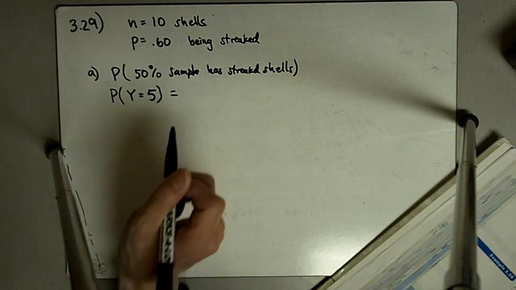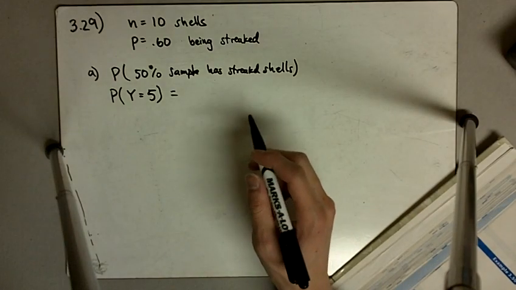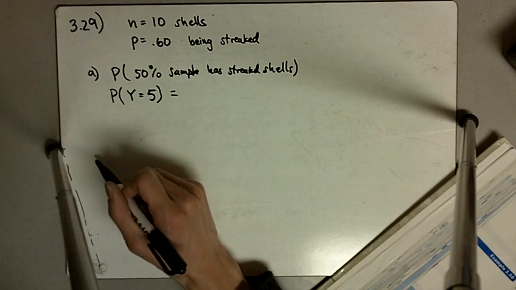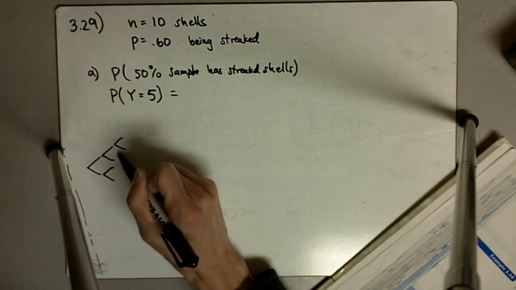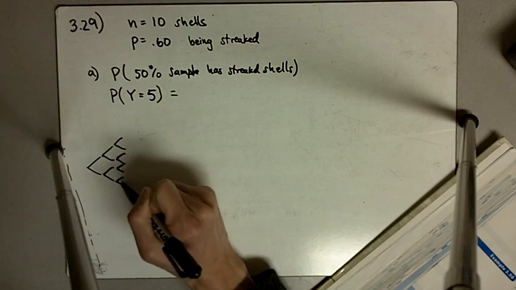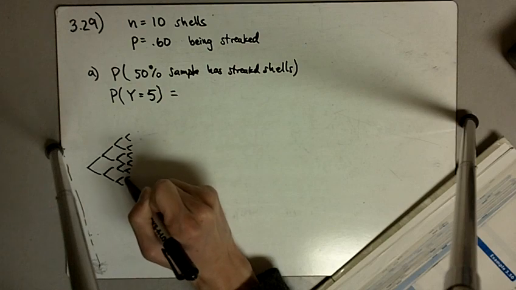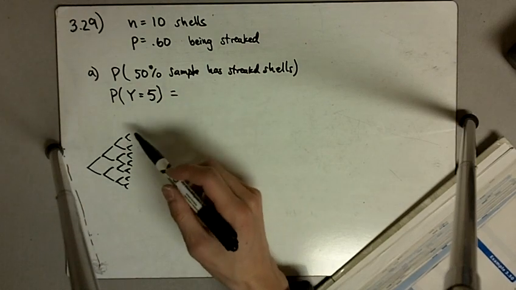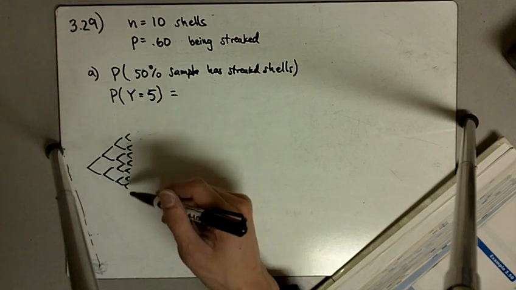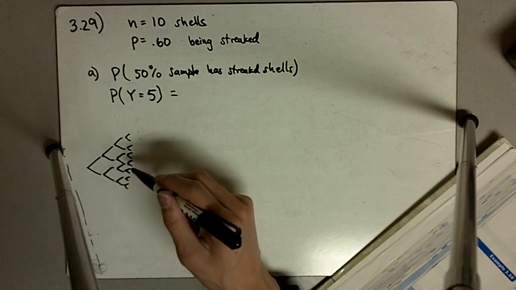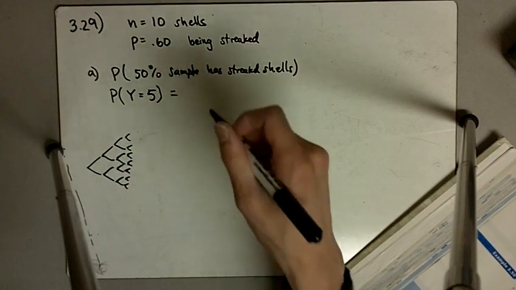The binomial distribution, in this case, can be used. It is possible for us to create a tree that's 10 layers deep, and then count how many samples there are where 5 shells are streaked. But of course this is going to be extremely tedious and time consuming. So the binomial distribution says